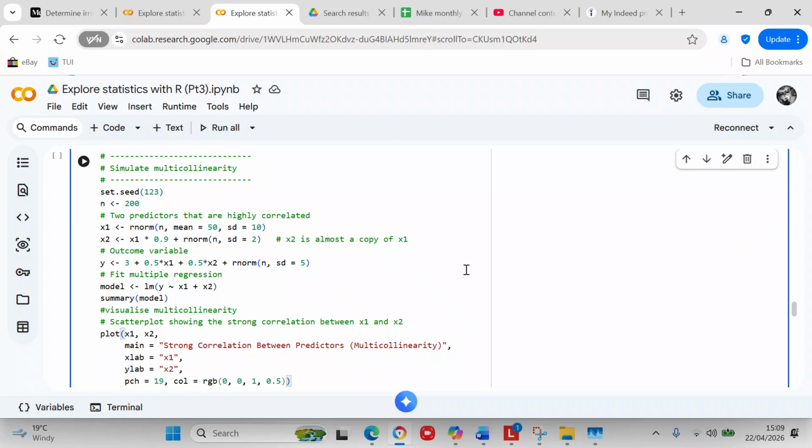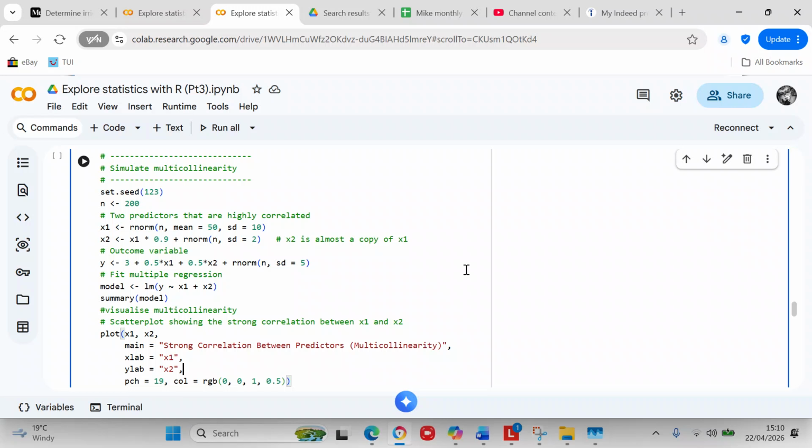The first thing you want to do is set your seed, so every time you run the program, the variables are initialized to the same value. You type set.seed(123), but you can put any number you want within the brackets. n becomes 200, and that's going to be your number of samples. And we're going to have two predictors that are highly correlated. So x1